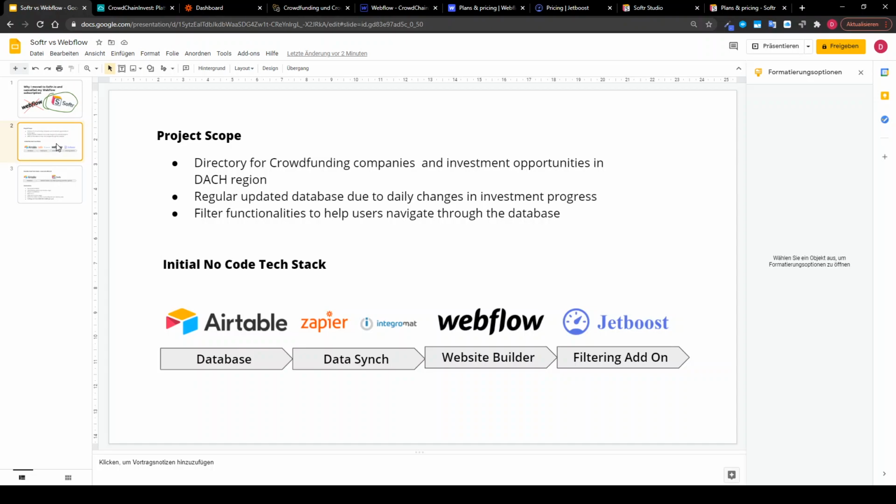So this was my personal use case, and my initial no-code tech stack has been the following. As you can see, I used Airtable as my database and decided to use Webflow as my website builder. Anyway, if you want to use Airtable as your database, you will need some tools in between. So at first I used Zapier, and later on I used Integromat, because there was some issue if you're updating